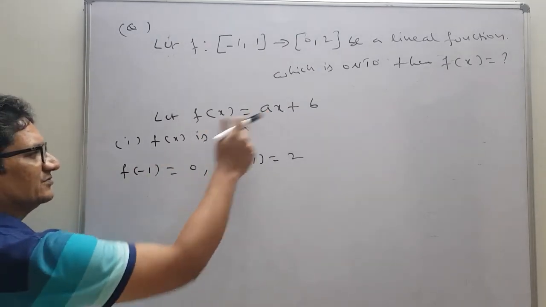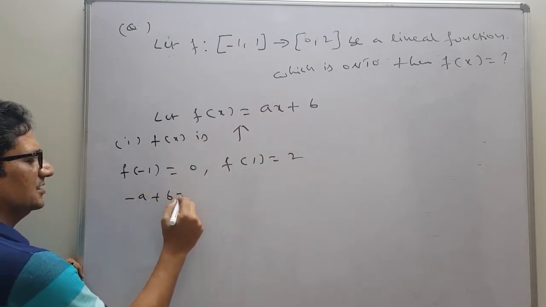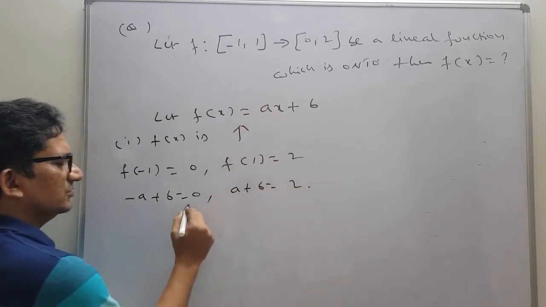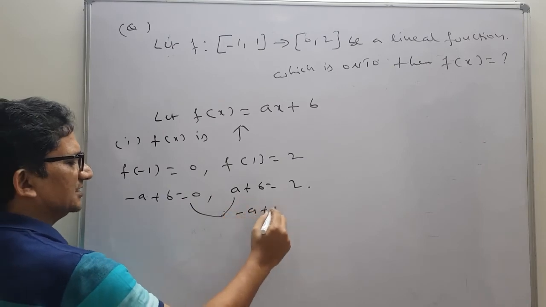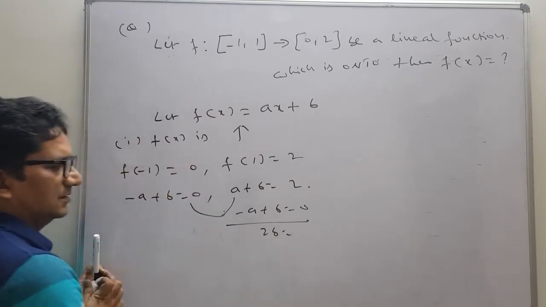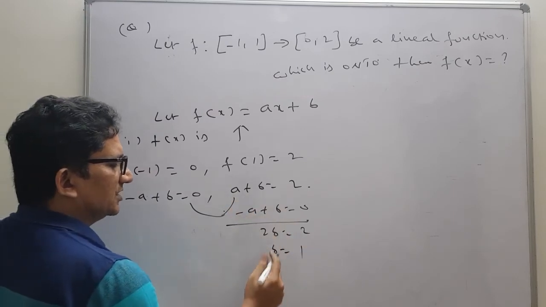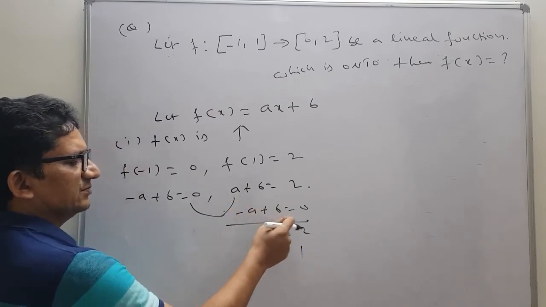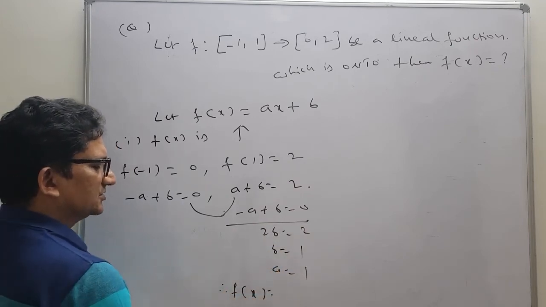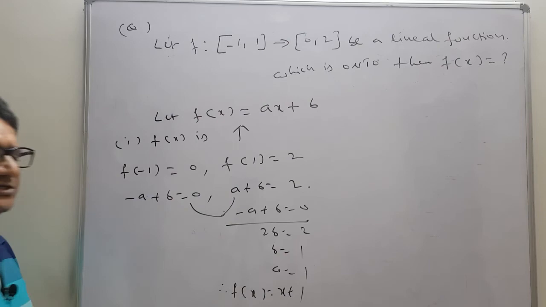Now f of minus 1 means what we will get? Here replace x with minus 1. So we will get minus a plus b equals to 0. Replace x with 1, we will get a plus b equals to 2. We will solve these 2. So that means here if I write minus a plus b equals to 0, a gets cancelled. Okay, so here 2b is equals to 2, so b equals to 1. So when b is equals to 1, a is also 1, because from this we will get b equals to a, that is a equals to 1. So therefore f of x equals to, we will get 1 and 1, if you substitute here we will get x plus 1. So this is one case, students.